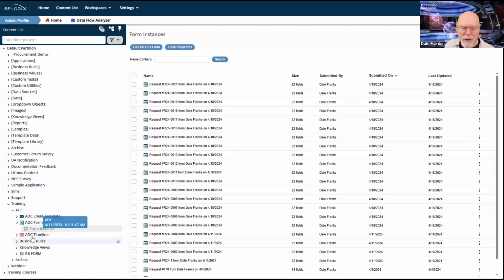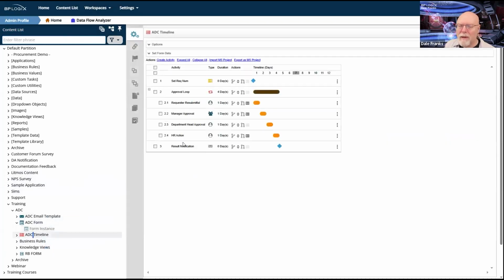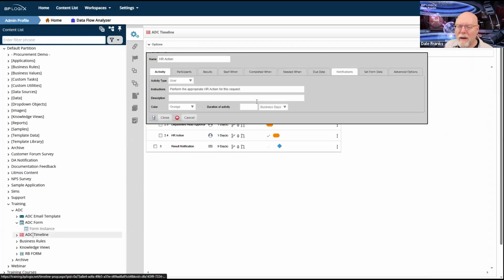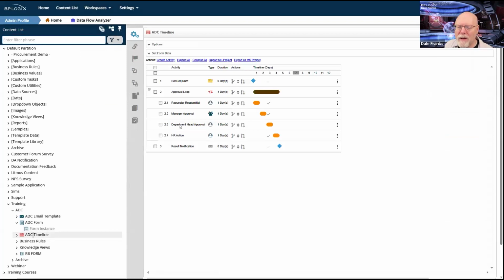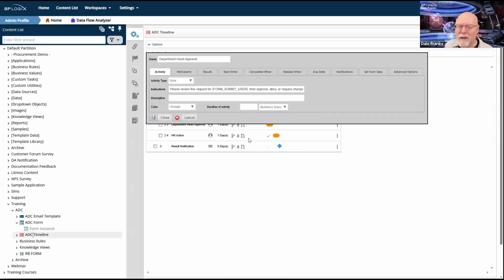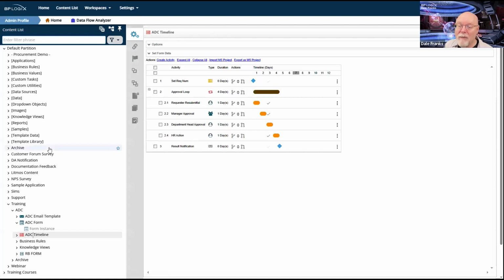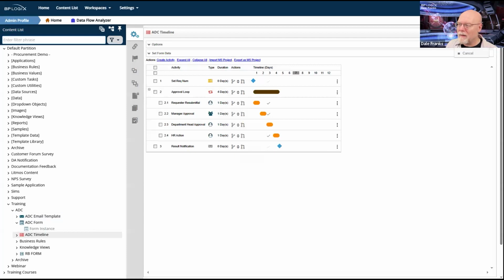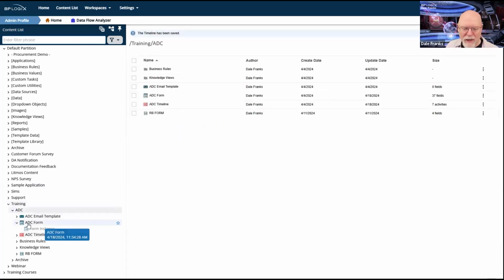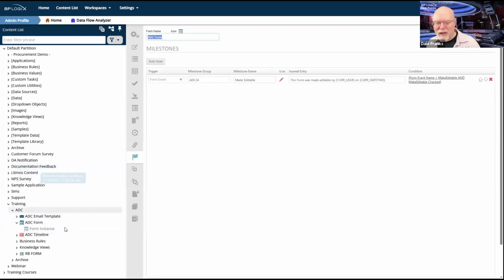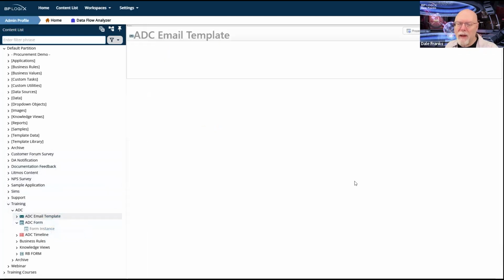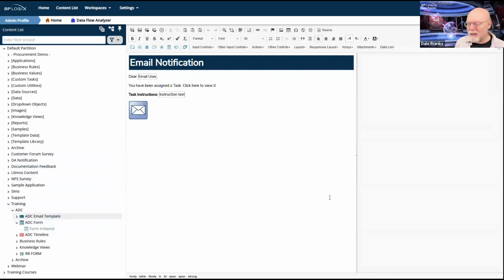Well, it was from here. Let me go back to my timeline. Let me just be sure that, okay, everything has instructions. Okay, well, it doesn't matter, because next week we're going to rewrite this anyway. Let me go ahead and save this just to be sure I save it. Because next week that email template is going to be irrelevant, because we are going to go into our email template, and we're going to have to fix this email template.